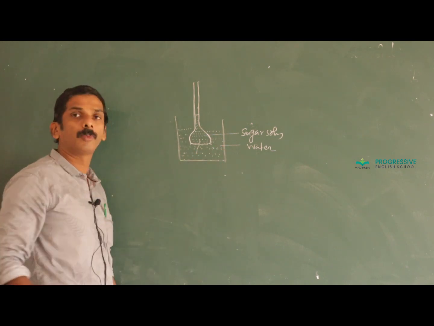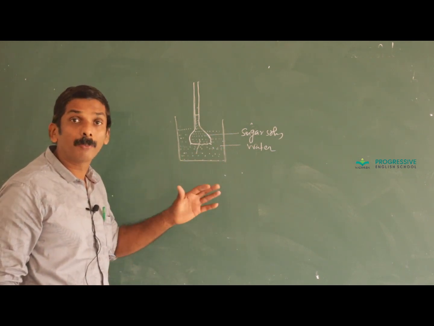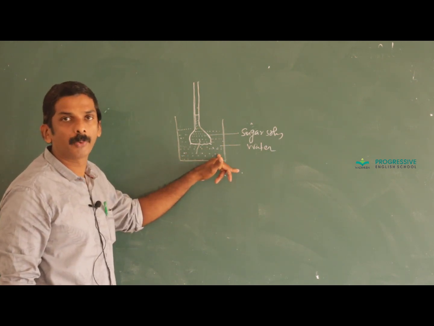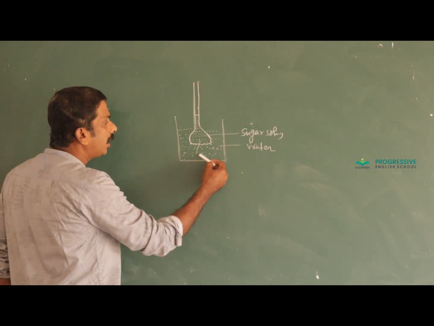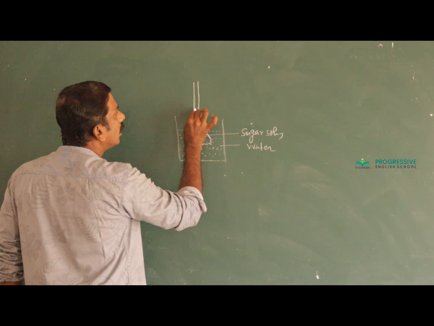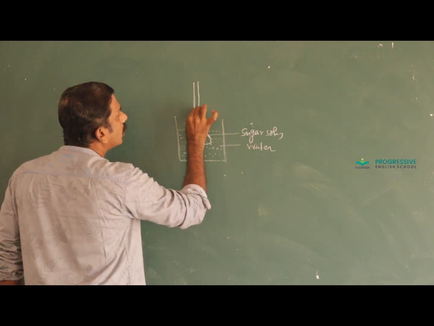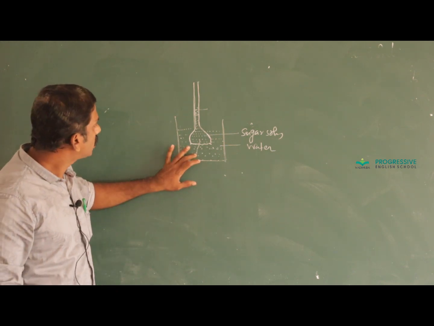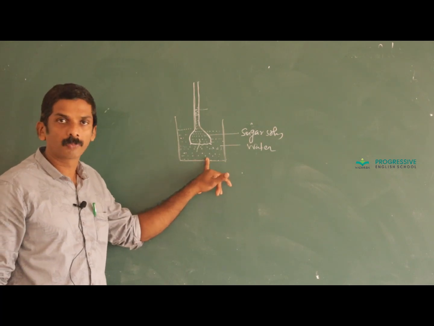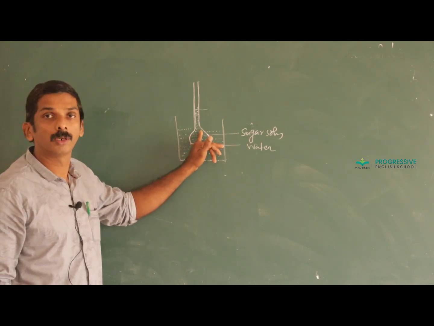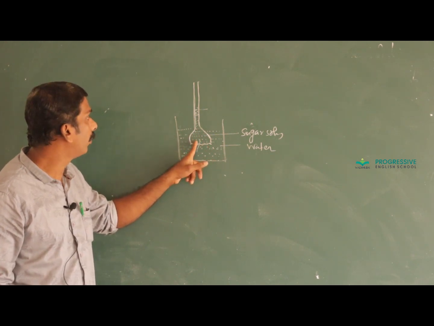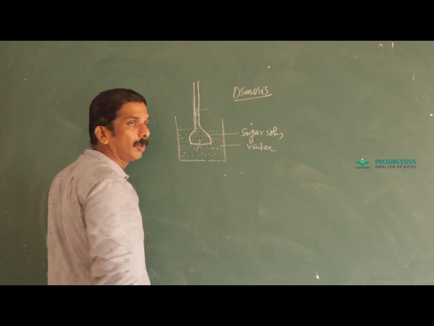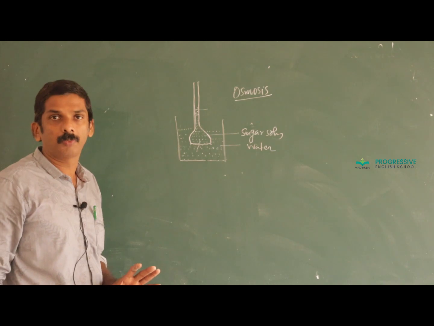It is a specially designed membrane called a semi-permeable membrane, which allows the passage of only solvent particles. Usually egg membrane acts as the semi-permeable membrane. By the flow of water from the beaker to the thistle funnel, what happens? The level of sugar solution in the thistle funnel rises. And this spontaneous flow of solvent from higher concentration to lower concentration through a semi-permeable membrane is known as osmosis. You remember one thing, osmosis is not a colligative property.